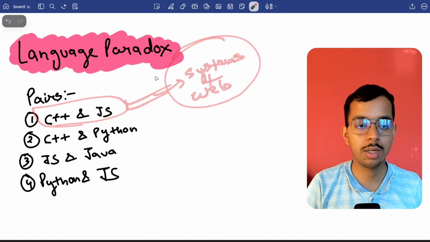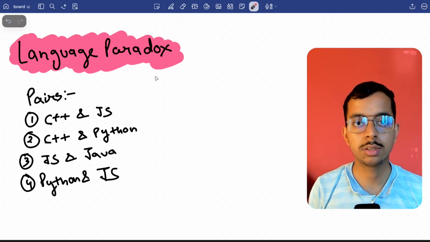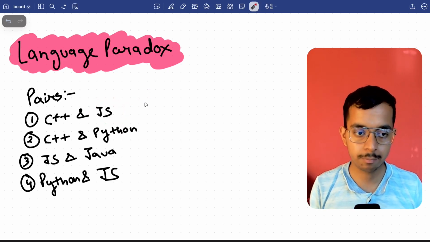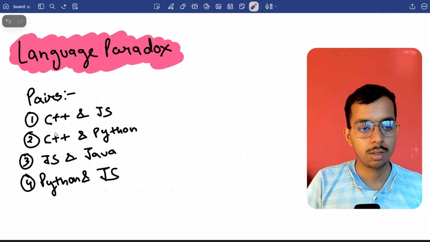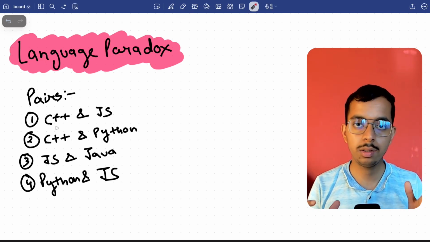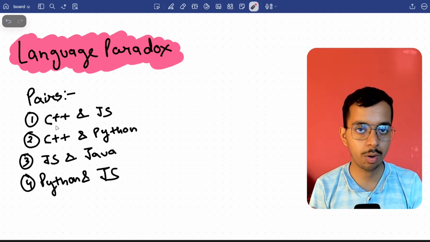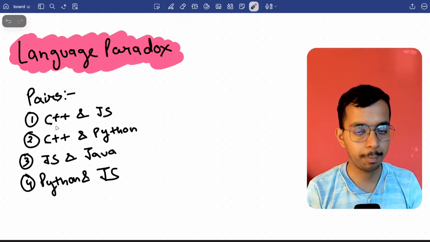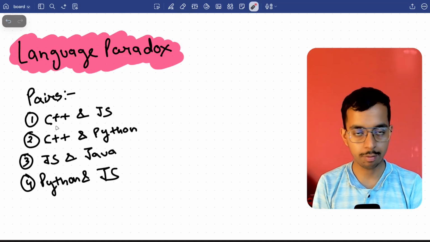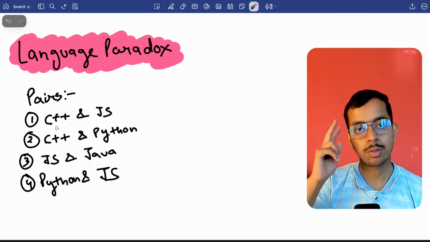In this pair you will be learning how systems work internally, and JavaScript you can use for your project building. I am telling you to learn two languages beforehand so that you don't get confused later on when you are learning your development part. Obviously, the DSA part is important, but when you are later learning about development, you should be mentally prepared that you are going to use a second language or a third language.